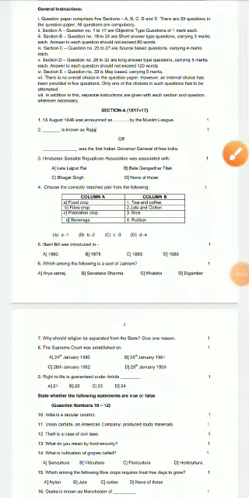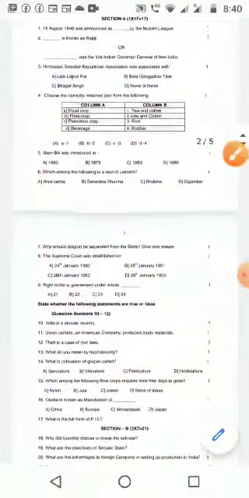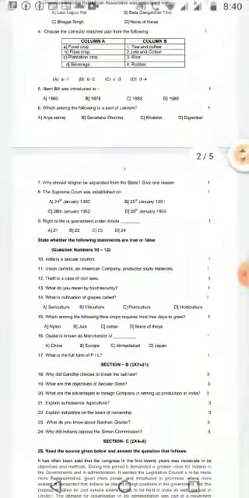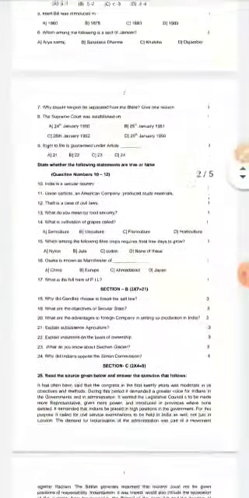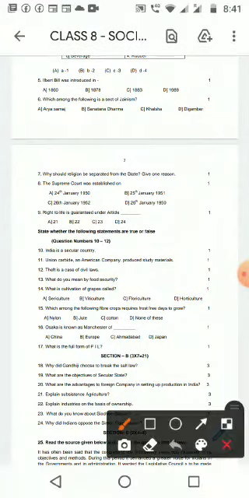Very dear students, this is the general thing, not exactly but more or less the same. Your question paper will have section A with one mark questions, and in that there are fill in the blanks, then multiple choice questions, then match the pairs, then define, like that. All questions will be there, and it is given separately.